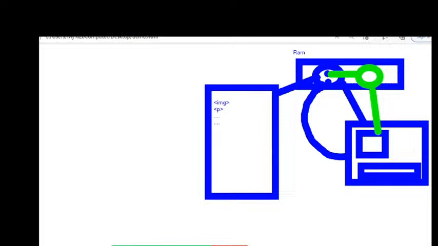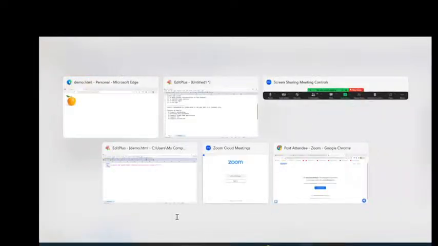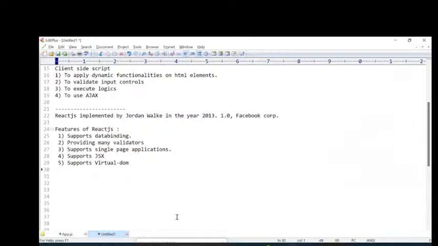Is this clear? Yes. So that is a very, very useful concept for us. Okay, suppose virtual DOM. So how it is working completely, I will show you once again. So that is a very big advantage for us. Okay. Next one here,